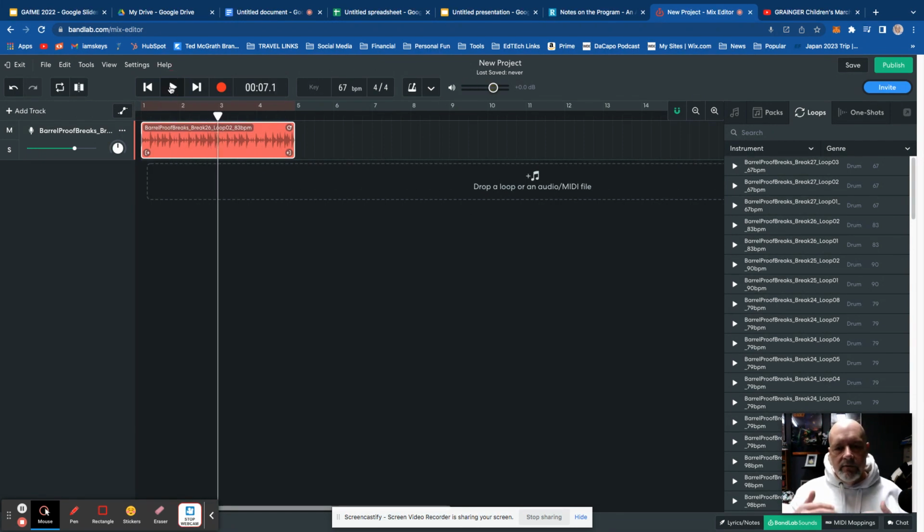And you can layer different loops. You can change the tempo. You can change the key. Students can create backing tracks. They can import if they record themselves playing a musical excerpt, they can import that into here and add loops and beats on it. They can sing. They can do a vocal track and then add it and put it in. And it's just a really great way to get the kids